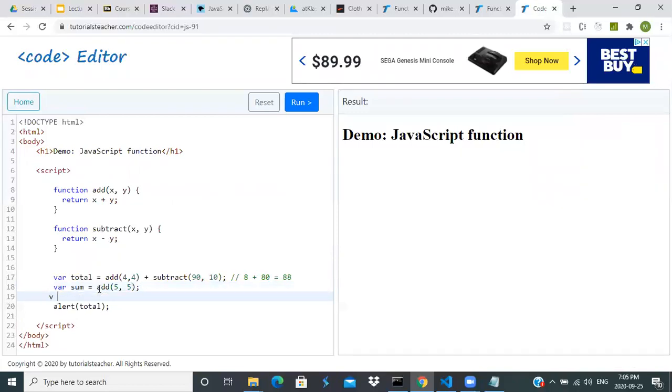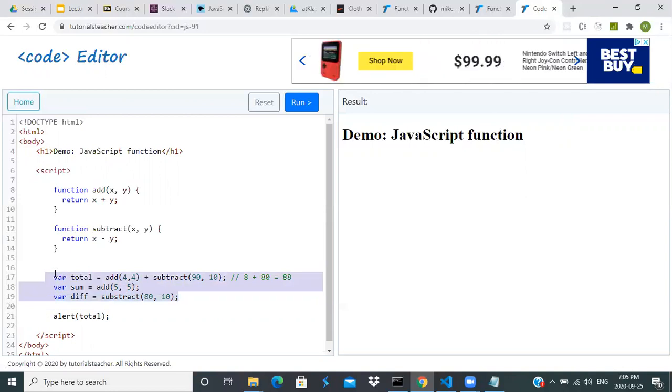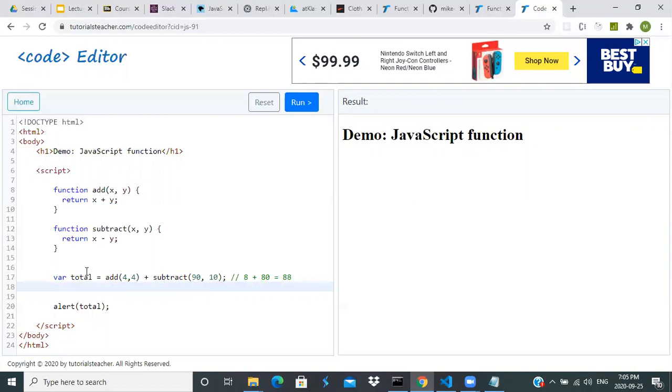and we could also have a variable called difference, diff. That is these values here, right? And in our program now, we have these variables that are the result of those functional expressions, those function calls. But at the same time, we could call them inline, and we don't have to actually give the return value a variable. We don't have to store it if we didn't want to. We don't have to store this as a sum and difference, although it does make for good code clarity, because